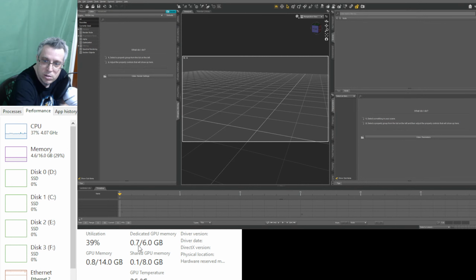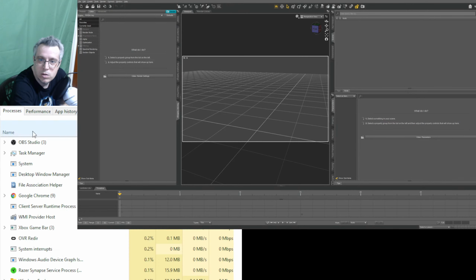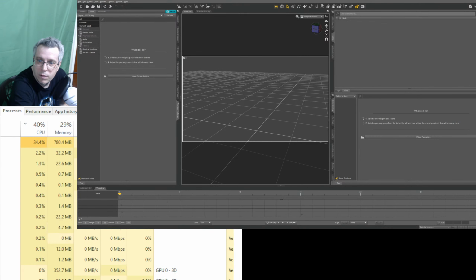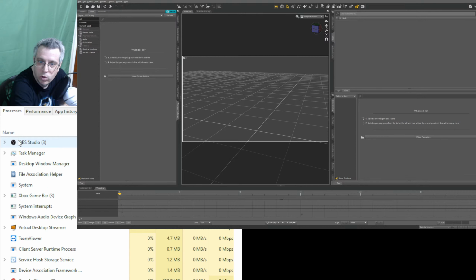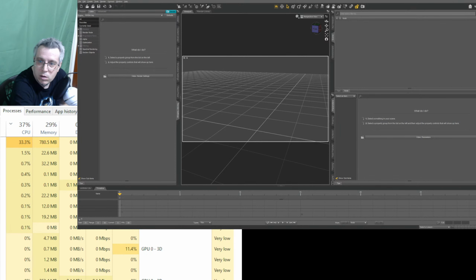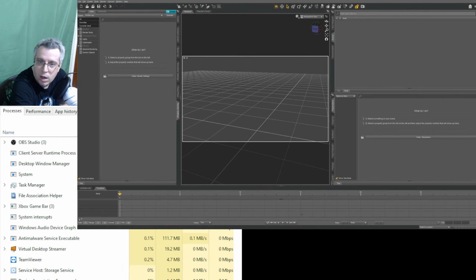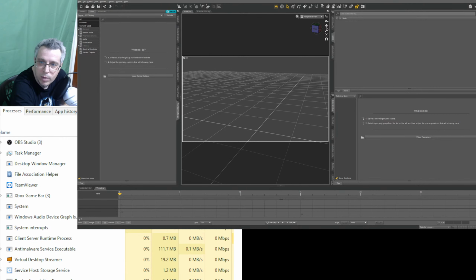So right now we're only using about 0.7 of the GPU memory out of my 6 GB. Let's see, oops, where did that just go? Hold on just a second. That's the processes. For the GPU, OBS is using a majority of it. In fact, if we go to GPU usage, we are looking at pretty much all of it being used by OBS. So I'm going to have to be really judicious with my